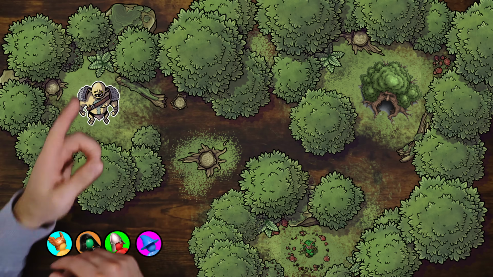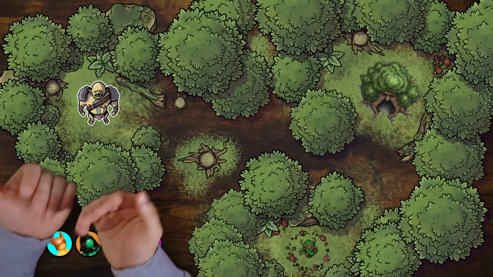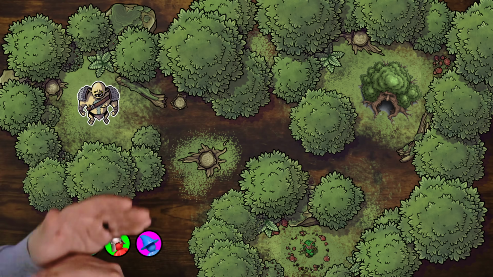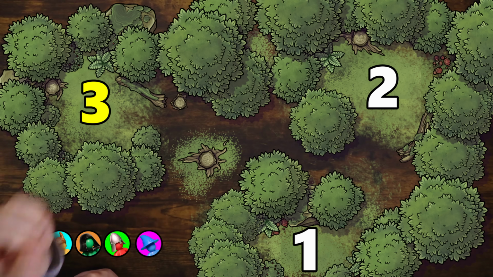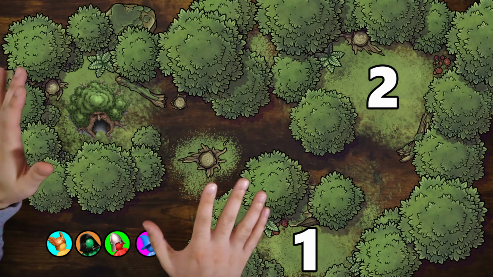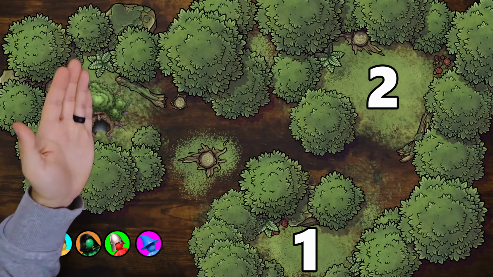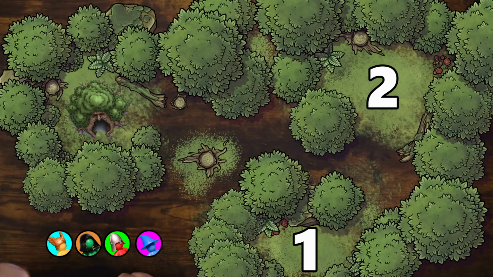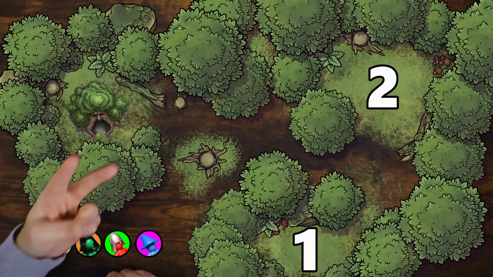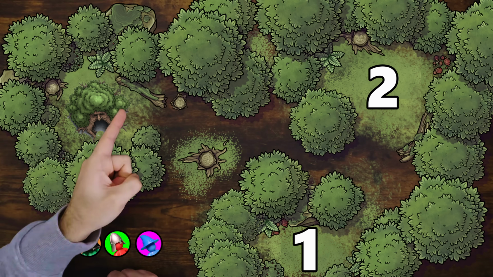A quantum ogre, by my standards, is you, the game master, deciding that the third clearing the players enter will have the dungeon entrance. So, no matter if the players go left, right, center, or cut a path of their own through the forest, they have to experience the combat encounter and the role-playing encounter before you allow them to reach their goal. But